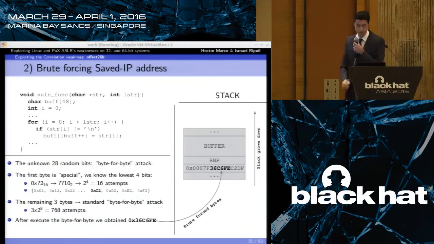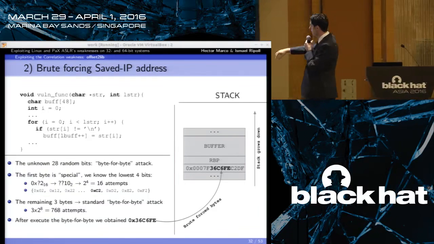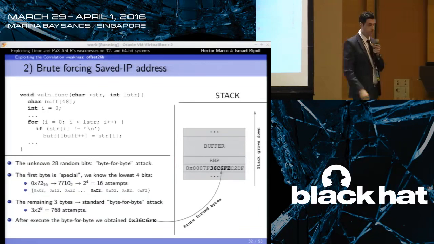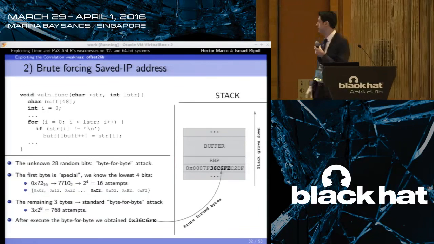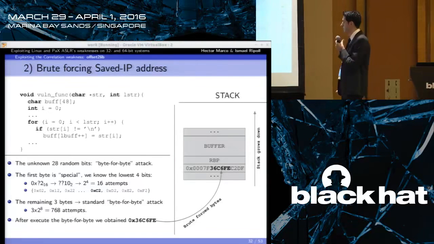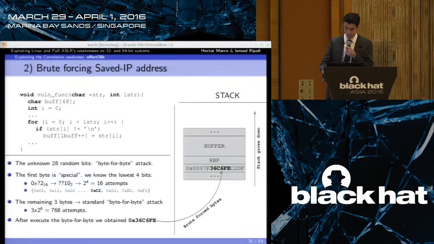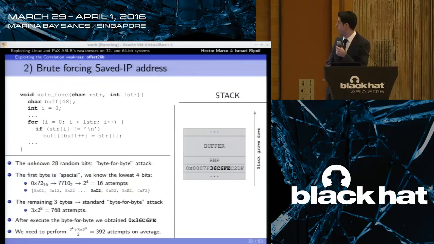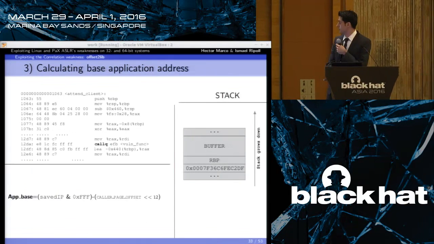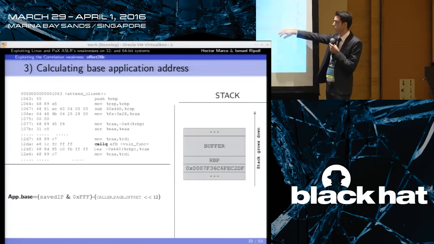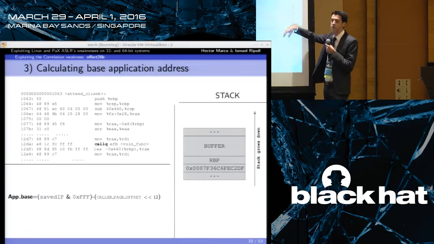So this is not C, but at the end, we have obtained the remaining bytes. Okay? And the number of attempts is only less than 1,000, it is 768 attempts. Okay, so once we have the address on the stack, we need to know where the executable is